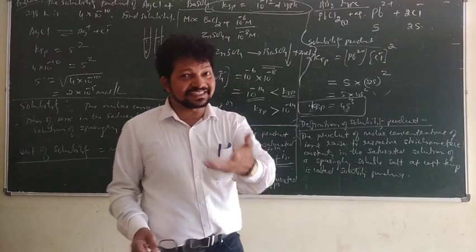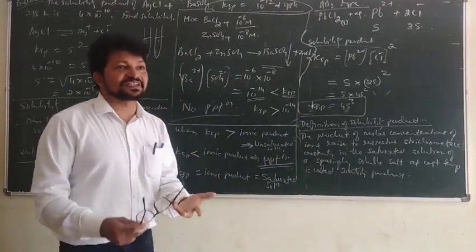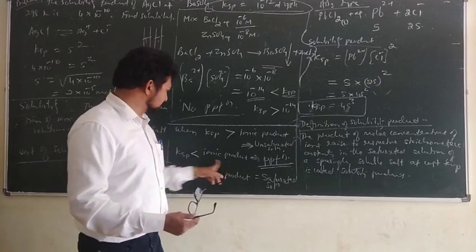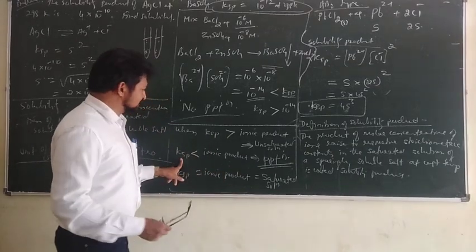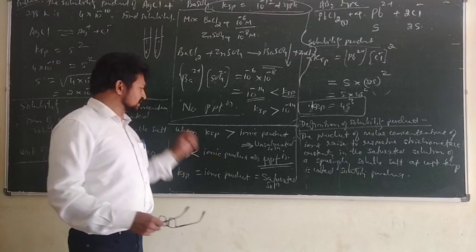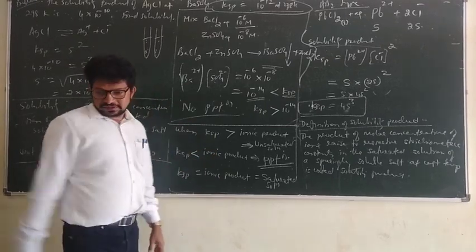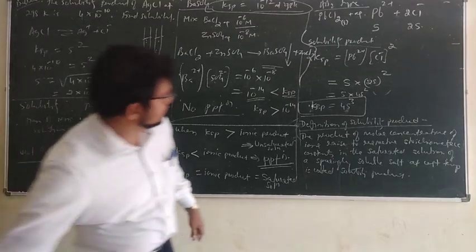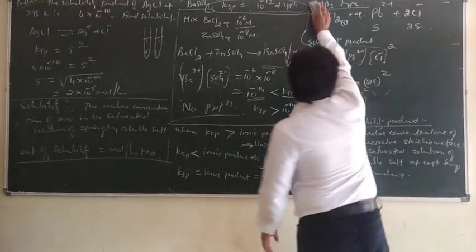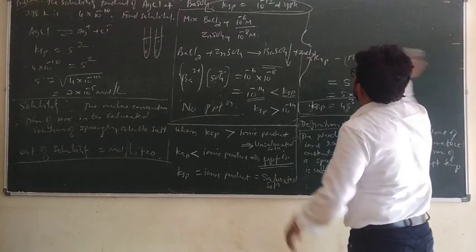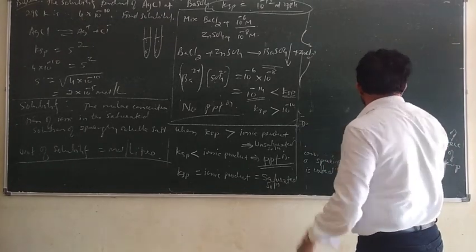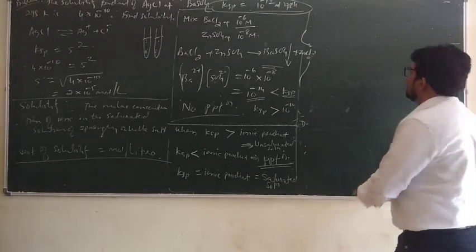So a magic also can be done. Why has it precipitated? Because ionic product is now more than solubility product, or solubility product is less than ionic product. So this information also you have to understand. Now for the third type, one more type also you can write. For example, a general equation also you can derive. For example,